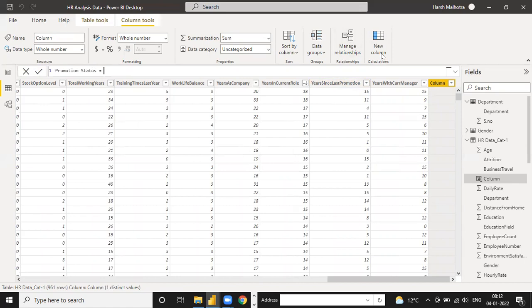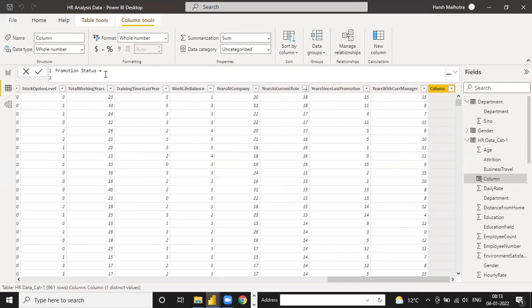See why I am creating a column: because I am creating the column in the data, not as a measure, since the measure will be created after this column, because first we need a promotion status. Suppose, like gender, if we don't have male and female in our data, then how do we evaluate the percentage of male without the count of male? That's why we need a promotion status, and we have to calculate promotion status condition-wise.